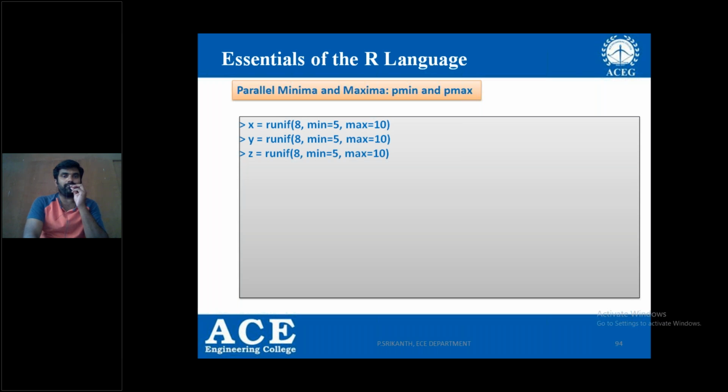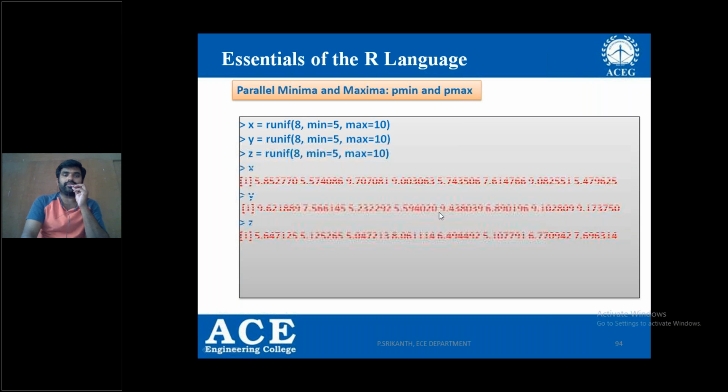All the values will be between 5 and 10. Here I am taking random variables, so even if I assign x, y, z the same function, x, y, z cannot be the same. X, Y, Z will be different values.